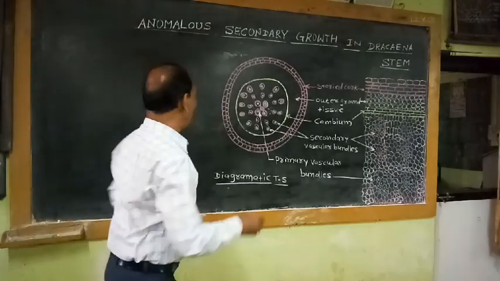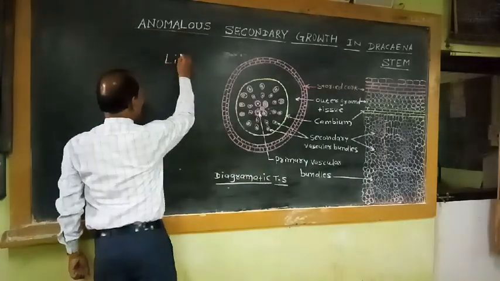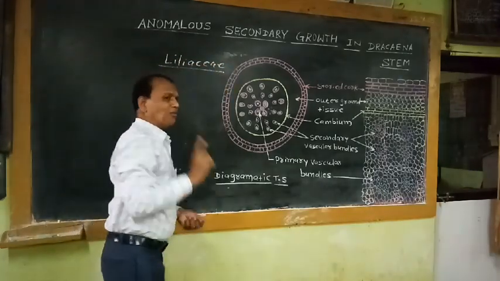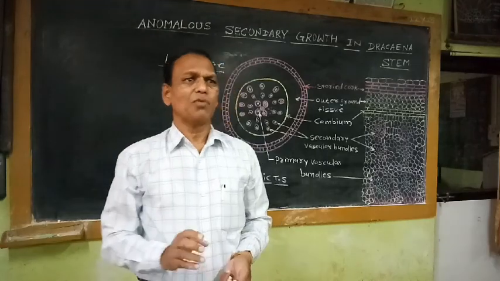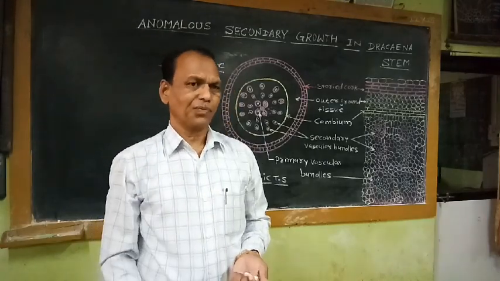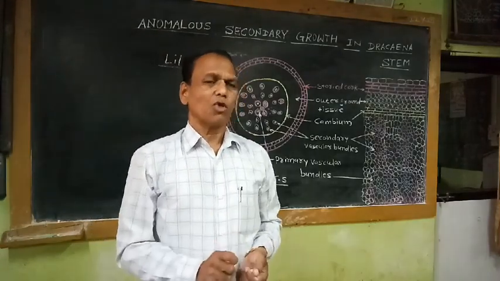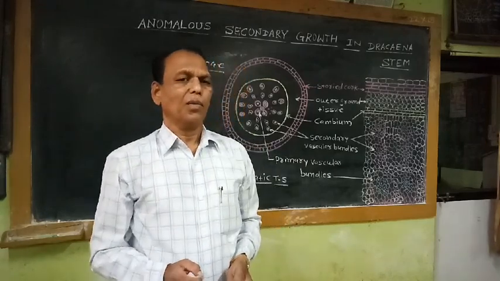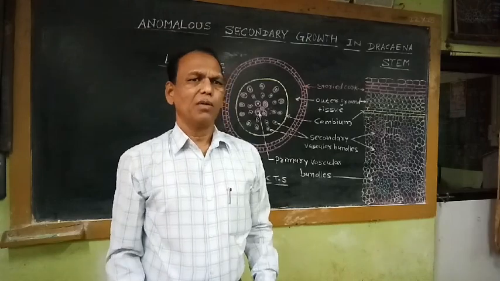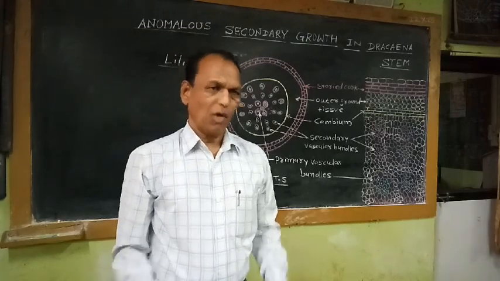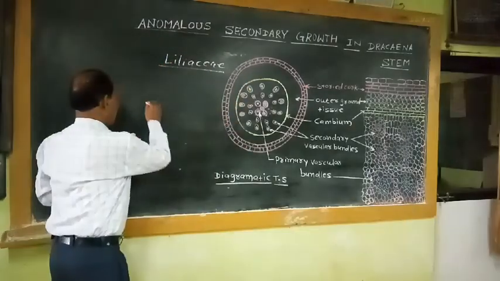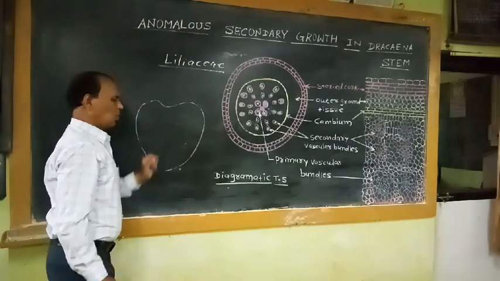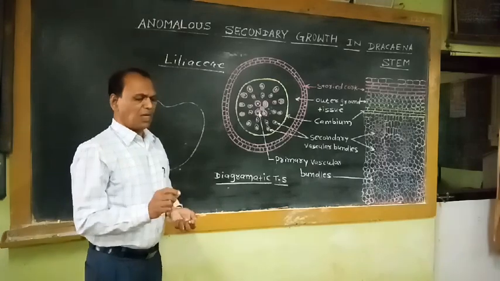So this Dracaena plant belongs to monocot. It is an example of family Liliaceae. So if we observe the primary structure of this Dracaena, the primary structure of this Dracaena stem is similar to the anatomy of a typical monocot plant. For example, maize is an example of monocot. So what is the anatomy of this monocot plant, maize stem?